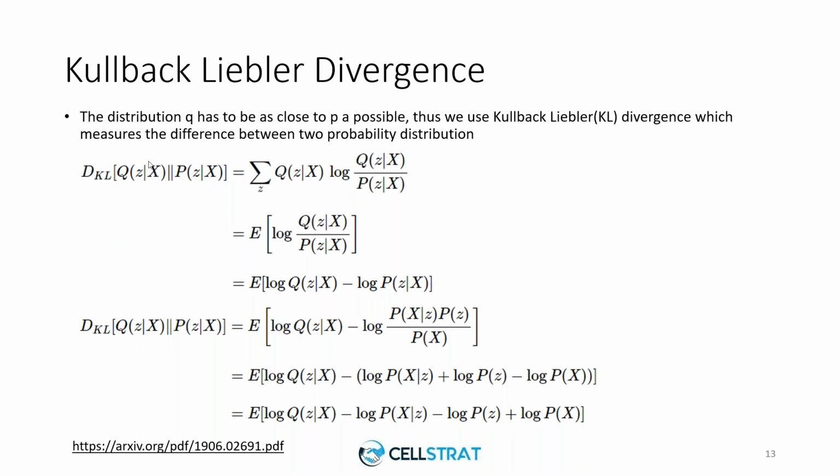So what does Kullback-Leibler divergence do? It's a measure that helps us find the difference between two probability distributions. So that's why we are applying it over here. This is the normal equation for a KL divergence, and we are applying a normal log A minus B. And over here we now apply the naive Bayes. Once we apply it, again with normal log operations, we're just expanding in terms of log operations. So this is what we are getting.